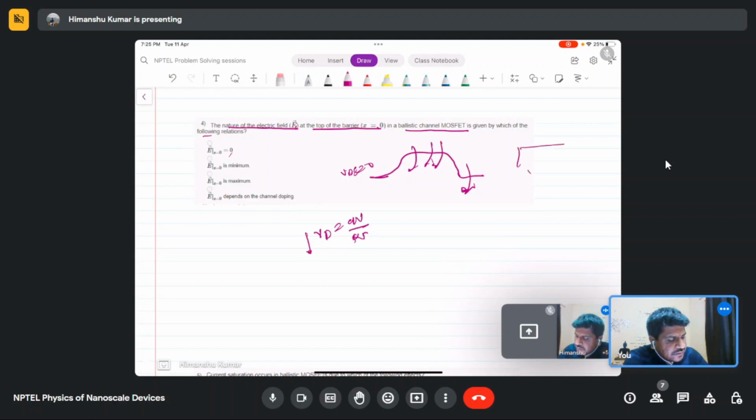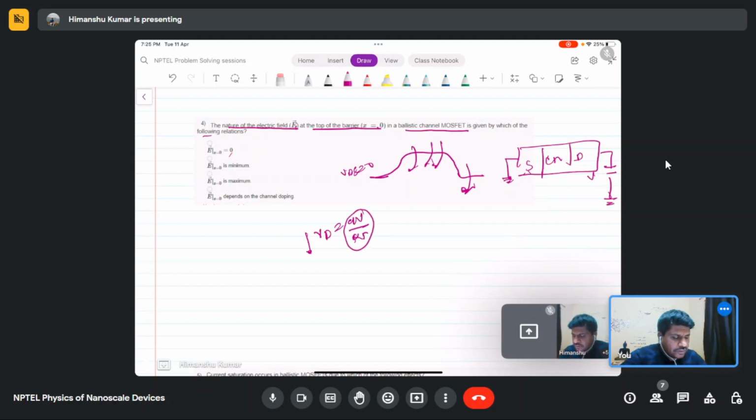So this is, suppose, the source, drain and channel, and this is the ground potential. If we apply the voltage V at the drain terminal, the Fermi level in the drain side region will be pulled down by this much amount. Okay, so now the band diagram will look like this. It will be flat here, and then it will be like that. At the top of the barrier, an easier way to find the electric field across the device is to take the